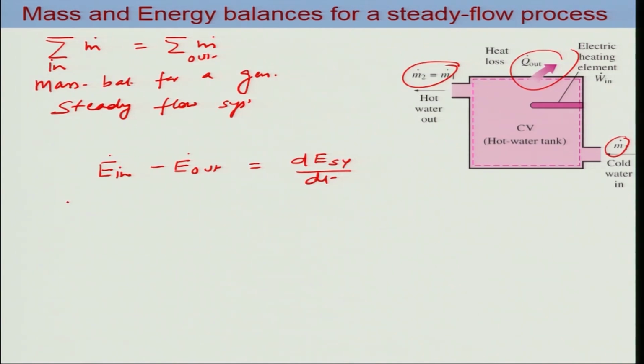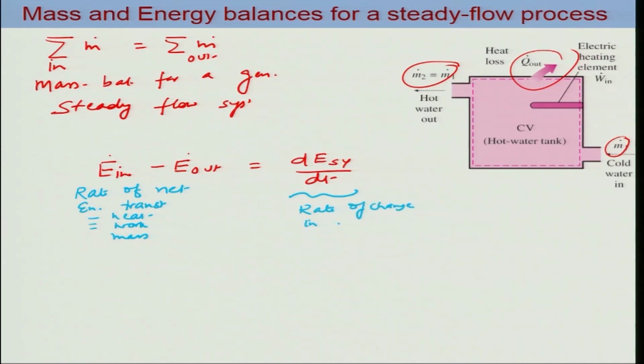So, this is nothing but your rate of net energy transfer. Okay. And now you have three possible contributions, which are heat, work and mass, and this is nothing but the rate of change in internal energy, kinetic energy, potential energy, etc. Okay. Now, for the case of a steady flow process,